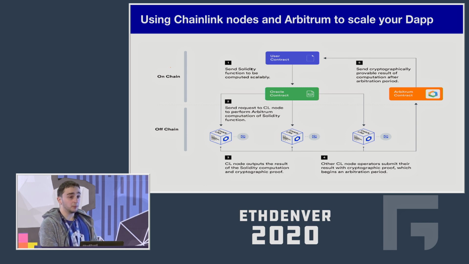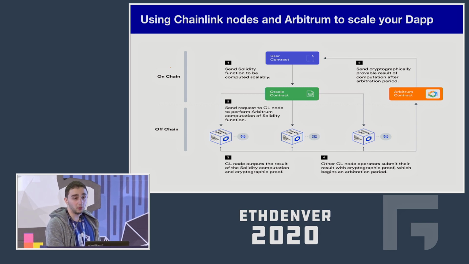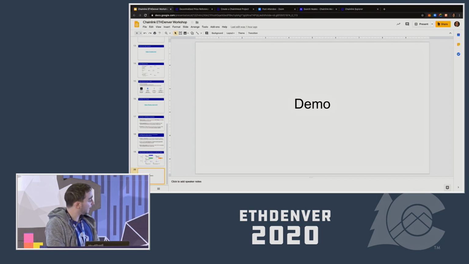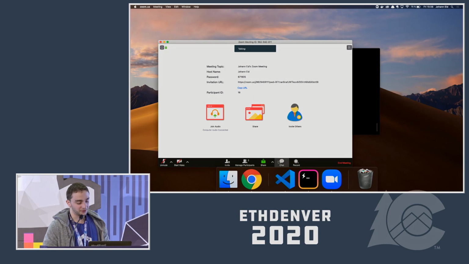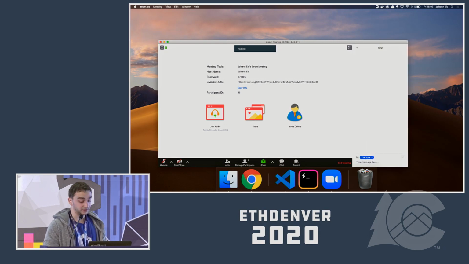What we've been doing with Arbitrum is still quite at an early stage, right? We've been working on it for a few months now, but we really hope that in the coming weeks, 2 months, we'll be able to show some things that can be used by DeFi dApps in production to scale up their application and to dramatically lower the gas costs they have to pay on-chain right now. So for the demo, I'll be sharing my screen with one of our devs, Spook, who is going to show you from his screen how it works.